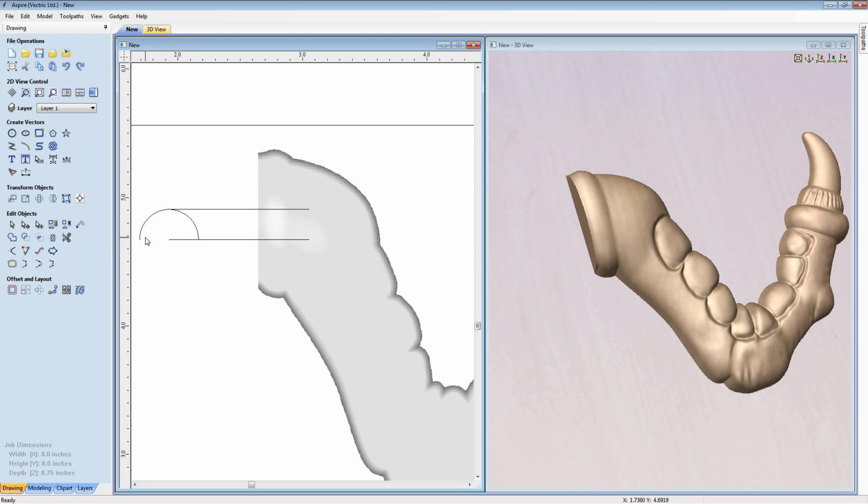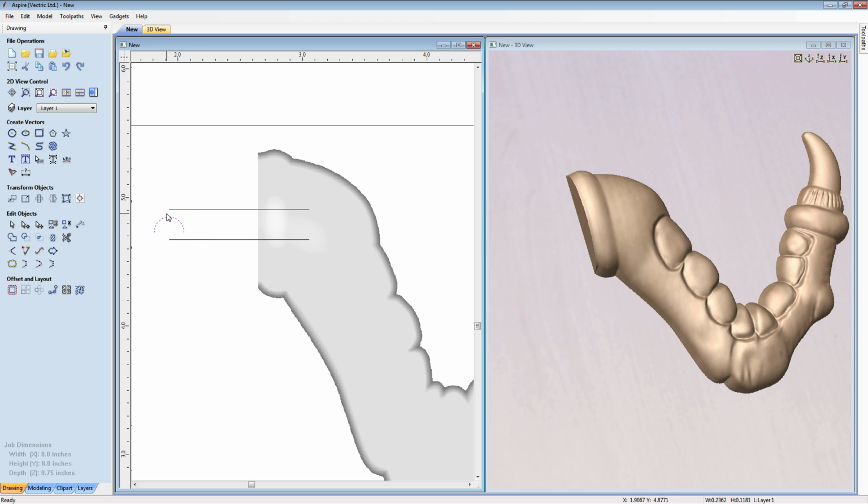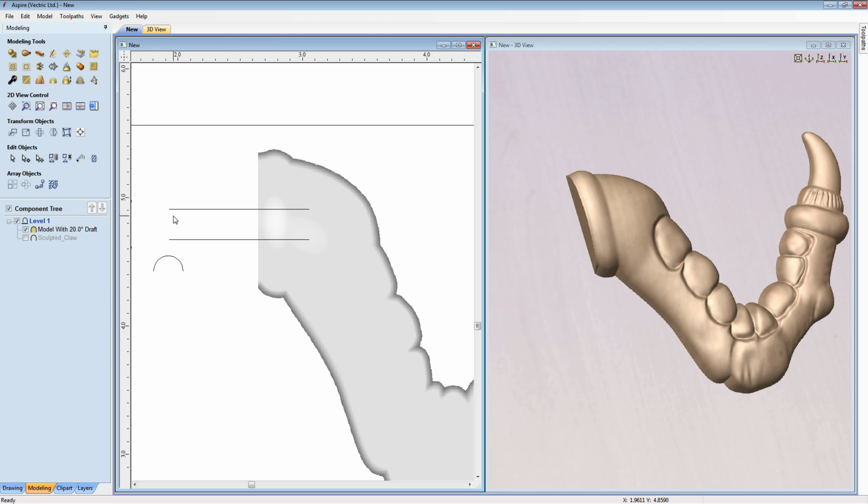I actually need it to be half the size, not just half the circle. So we can take that and size the object, and I can just put in here divided by 2 equals, link XY is checked, and so that'll just scale that down for me. Now if we drag that out the way, come onto the modeling tab, I'm going to select my 2 drive